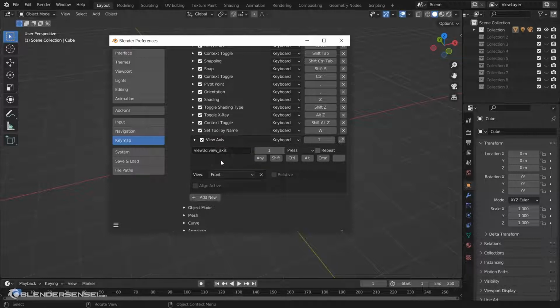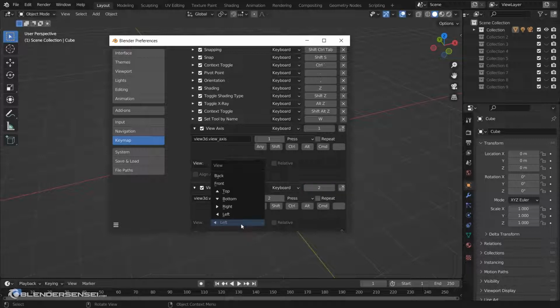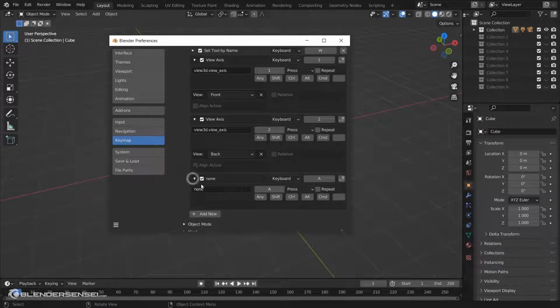So the way I like to have this set up is 1, 2 is front and back, 3, 4 left and right, 5, 6 top and bottom, 7 for perspective, 8 and 9 do orbiting, and 0 for camera. Then we want to repeat what we just did, so we'll press Add New, press Control V in here, click here, press 2, change the view to back, add another one,